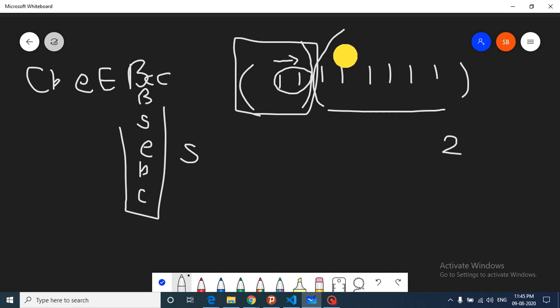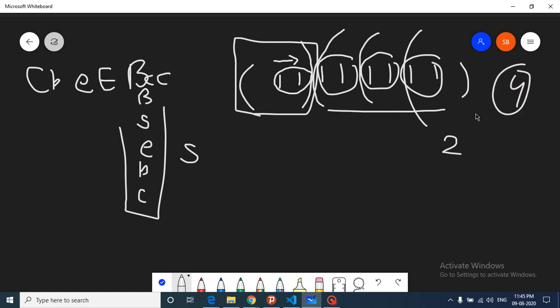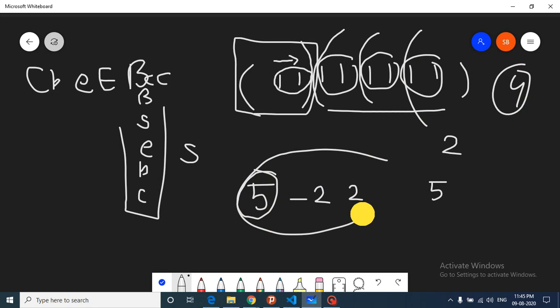So let's assume that you find this. Now your new array is this. You find this, new array is this, target this, total is 4. Why is this happening? Because let's assume that you have 5, minus 2 and 2 as a subarray, and you want to find the target value 5. Now the target value of 5 can be this and this as well, because this turns out to be 0. So you can take this, which has a target value of 5, and this also.